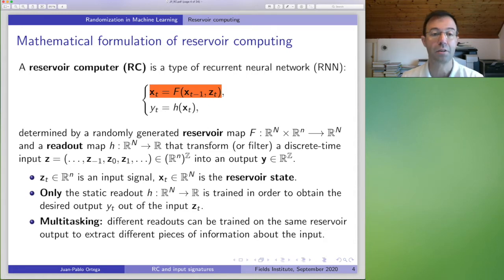If you are doing things on the computer algorithmically, this is obviously of much importance because you need to run your input only once through the F. And for our friends who are doing hardware realizations, they will tell you that what is, for example, energetically expensive is this part of the procedure. Non-linearities in hardware are usually expensive, and the readout is much more affordable. So the fact that you can solve many tasks just by processing the information only once is extremely important.